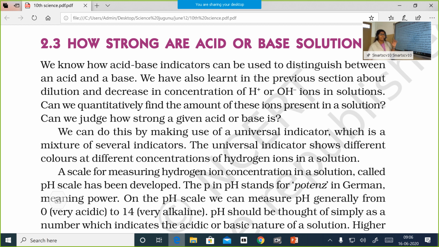That is, the paper strip is impregnated with this universal indicator. It's actually a solution. A paper strip dipped in this solution and dried can be used as a pH paper. Otherwise, we can use it in the form of solution itself. So, universal indicator is actually a dye only, a natural dye, which responds by giving different colors.